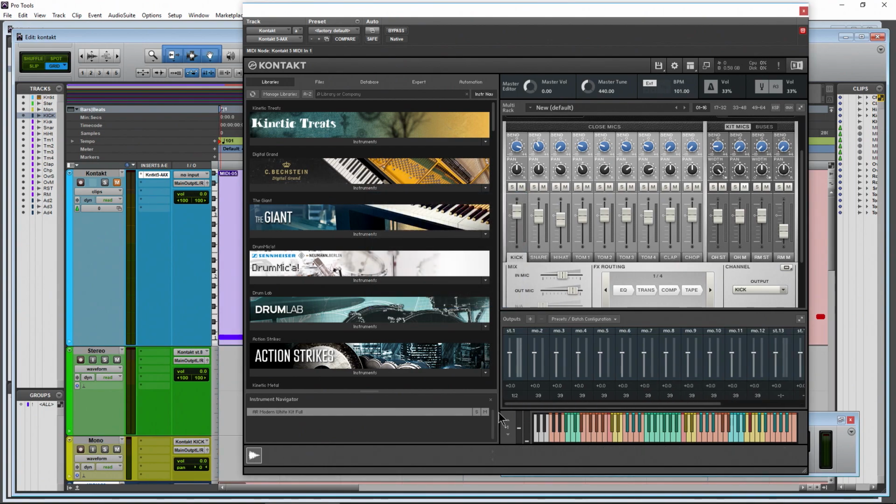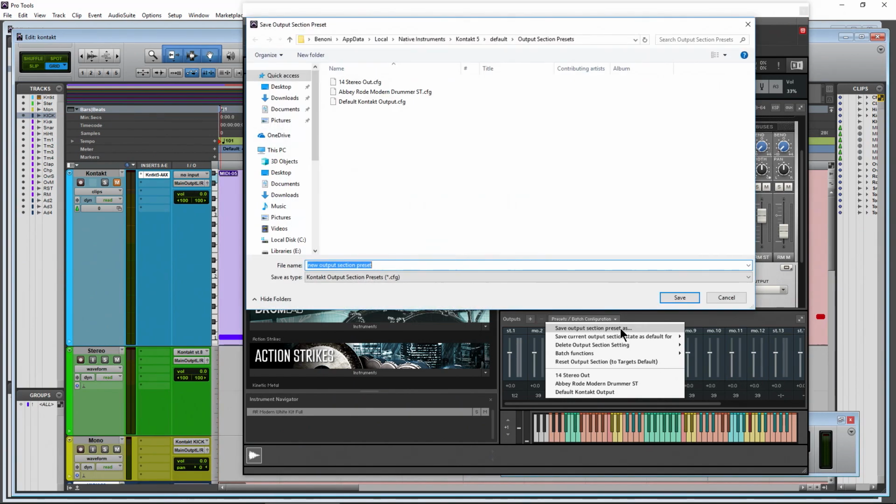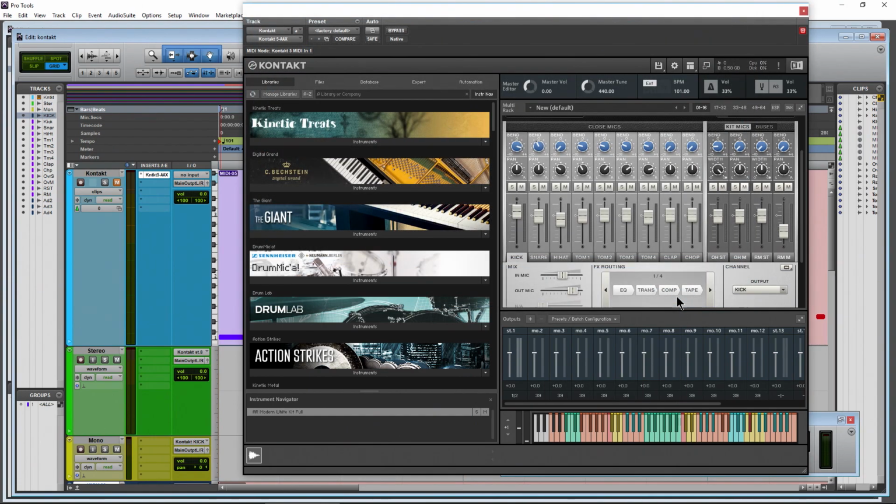Okay, there we go. Now again, I could come in here and set this up and call this kick. I could call it snare, or you can leave it with these names here. So you have yourself a nice mono output preset. In fact, I will do that here. We have like 11 monos, 2 stereo. Save this if I want and call it 11 mono, 2 stereo. You can save that. And then I could come in here, call this kick. You get the idea. Snare,